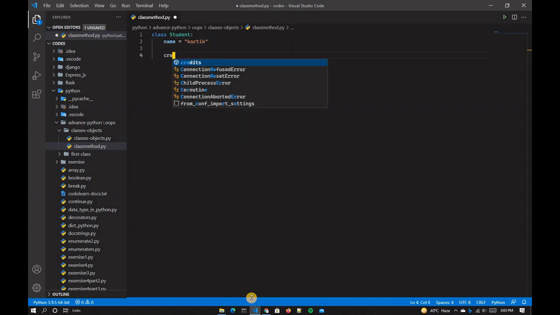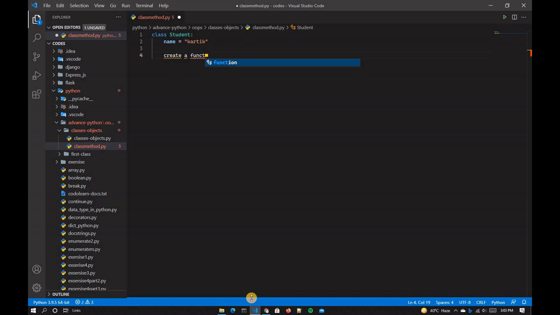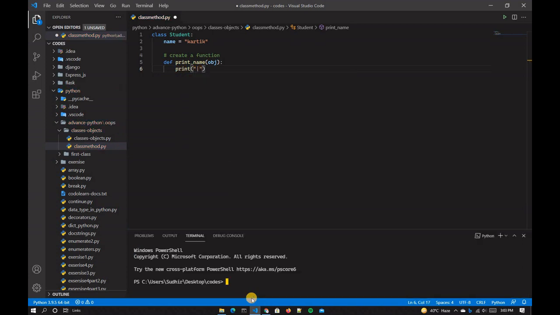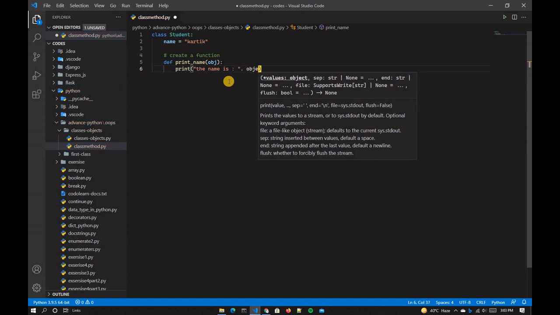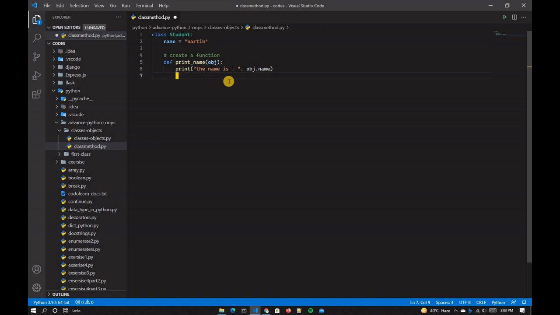After that, create a function, then a definition print_name with obj, which is the object, and then type print, the name is, comma, obj.name.